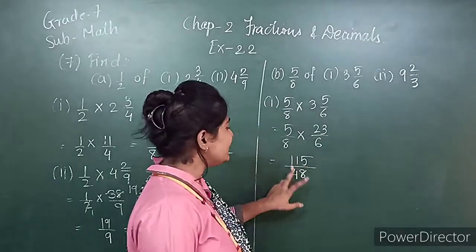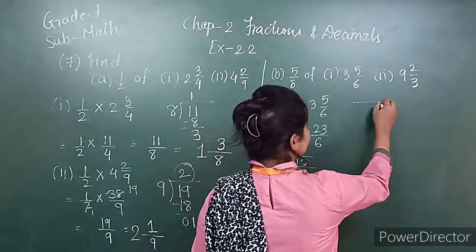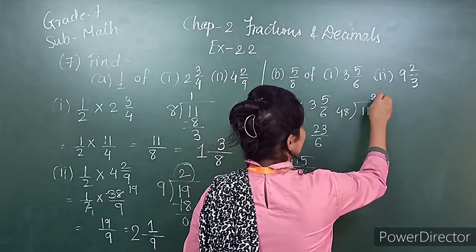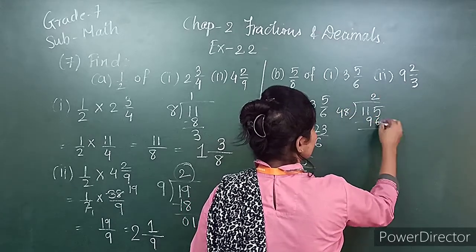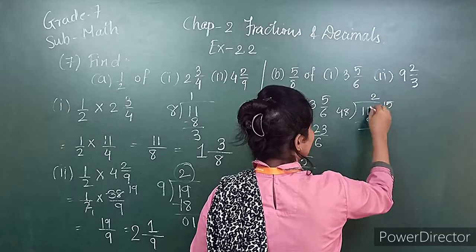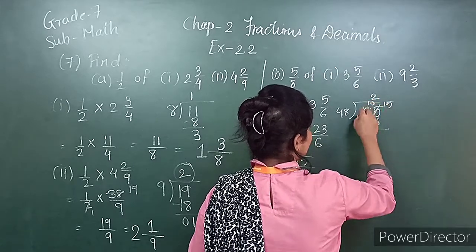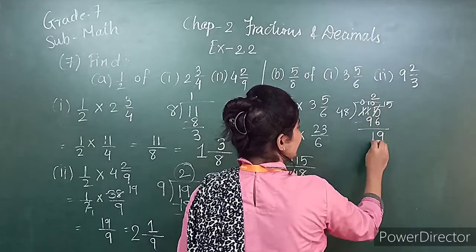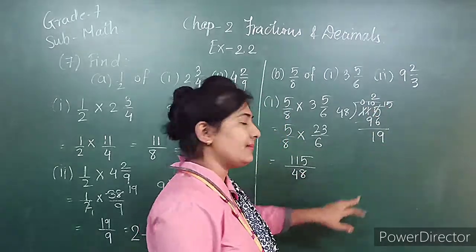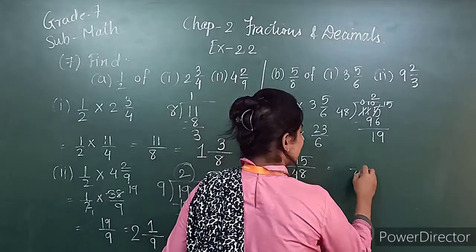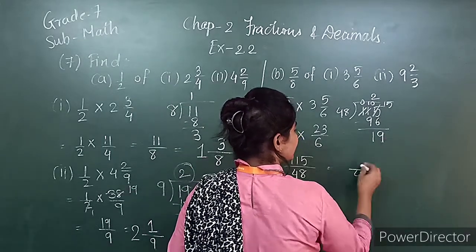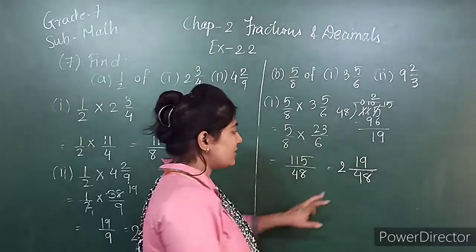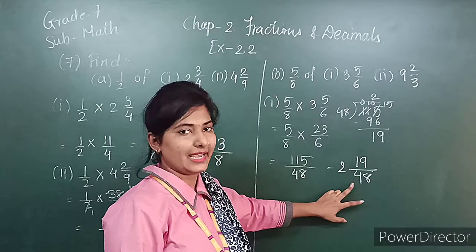Here the numerator is greater than the denominator, so we have to convert this into a mixed fraction form. So 115 divided by 48. 48 2s are 96. So here we have to cut this and put 15 over here and here 10 and here 0. So 15 minus 6 is 9 and 10 minus 9 is 1, so 19 is the remainder. We have to write 48 in the denominator and this remainder we have to put upward, and this 2 we have to write at the side. So our answer is 2 19 upon 48.